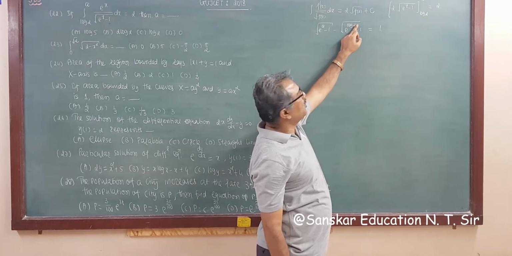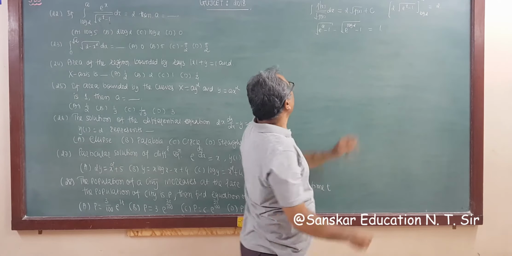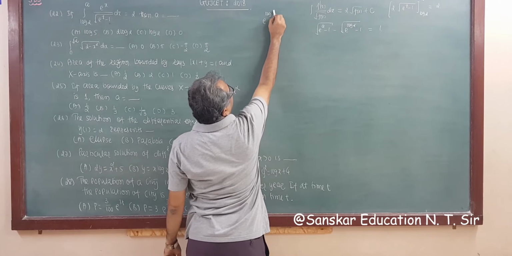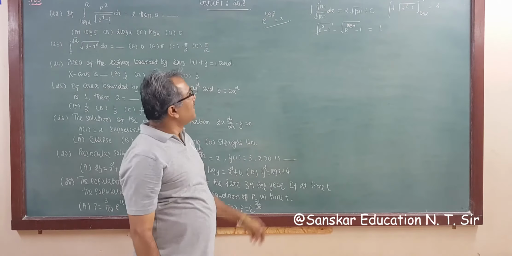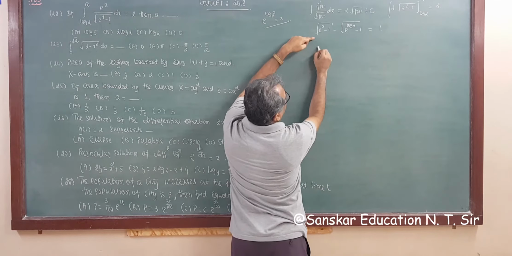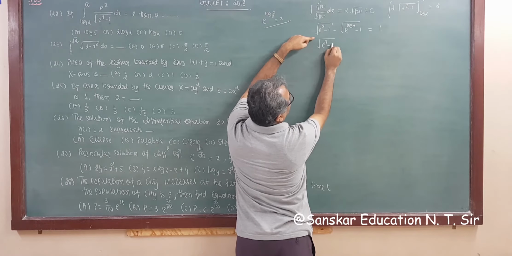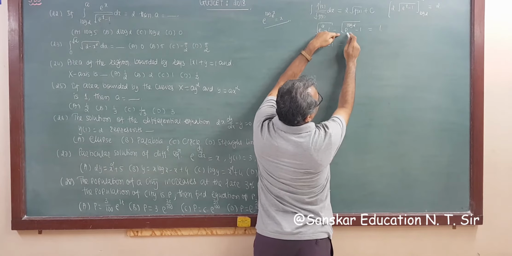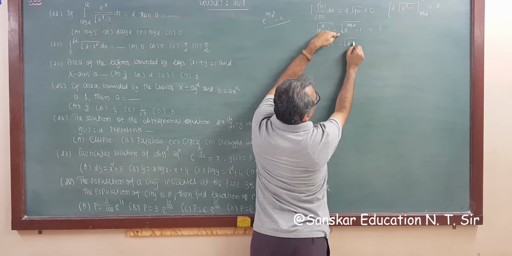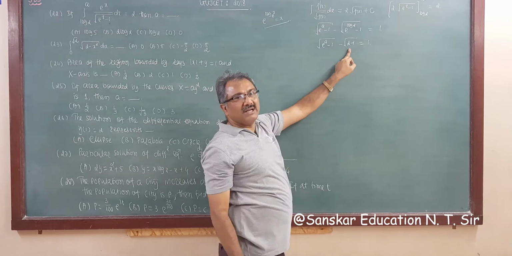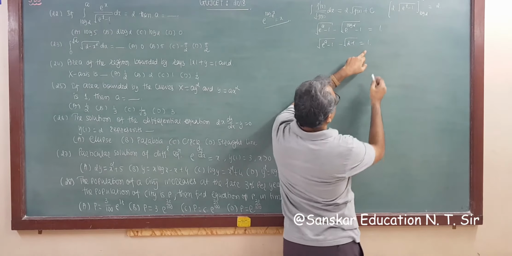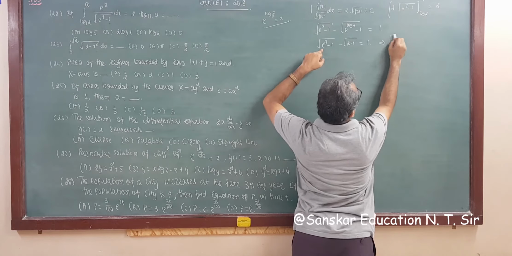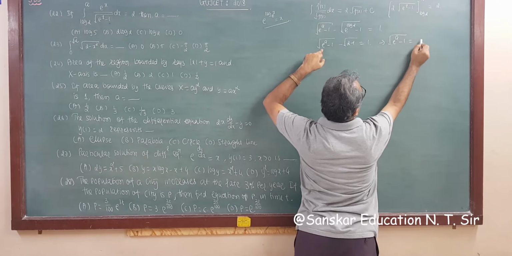Now you know e raised to log 2, the answer is 2, right, because e raised to log x base e, the answer is x, that you know. So the answer of this is x, so the answer of this is 2. So this will be under root e raised to a minus 1 minus square root of 2 minus 1 is equal to 1. Now 2 minus 1 is 1, this minus 1 goes to the right hand side, becomes, this is 2. So this implies square root of e raised to a minus 1 is equal to 2.